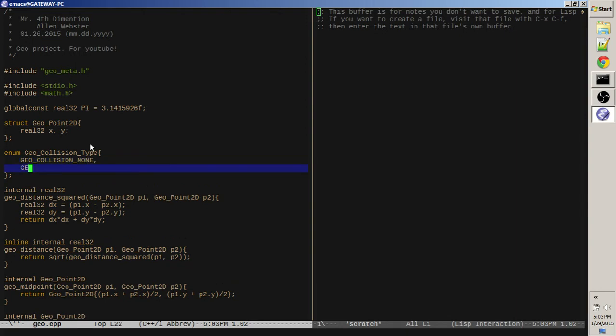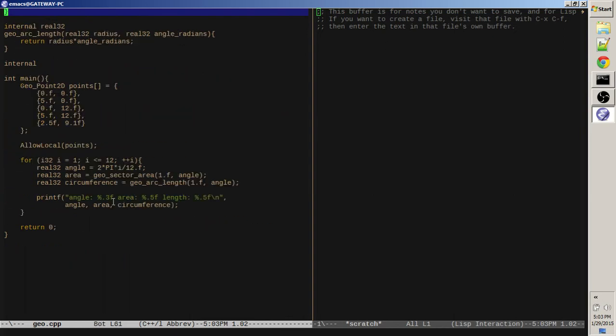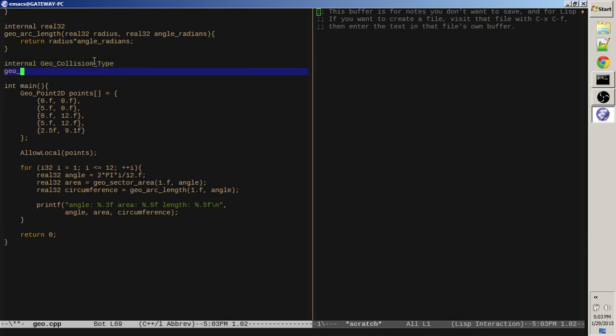So no collision will be 0, so that we can do an if on these. If we just do the if, 1 and 2 will be tangent and full overlap, so that if we just want to know if there's any kind of touching, which is often what you want. And then if you want to know specifically is there tangent or specifically is there overlap, then you can ask for those with a simple equal equal. But anyway, collision type, Geo, we'll call this